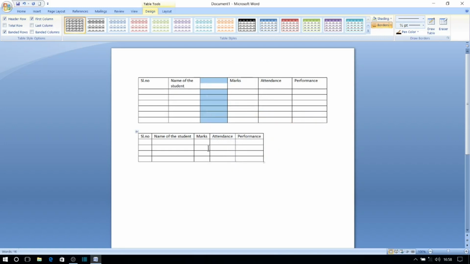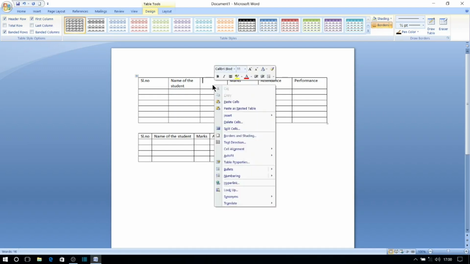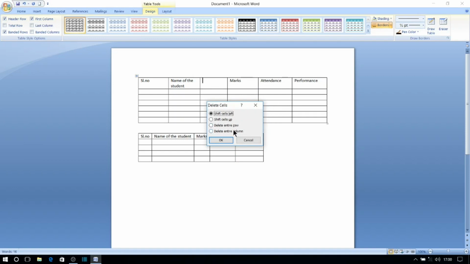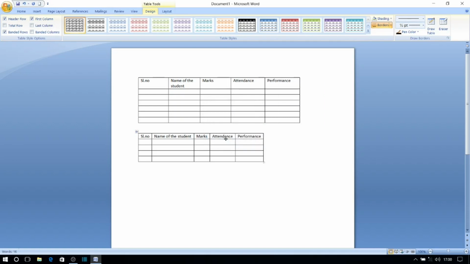Let us select right column. Now you can see an additional column inserted between the second column and third column. Now we have 1, 2, 3, 4, 5, 6 columns. This way we can increase the number of columns. In the same way, we can delete a particular column also. So let us select the same column which has been inserted and right click the dialog box. It will ask for delete cells, select it and it will ask for the option. Here we will select delete entire column. Now the column disappears.